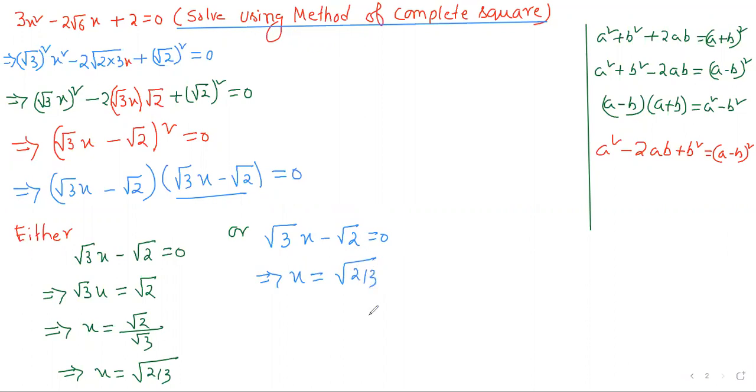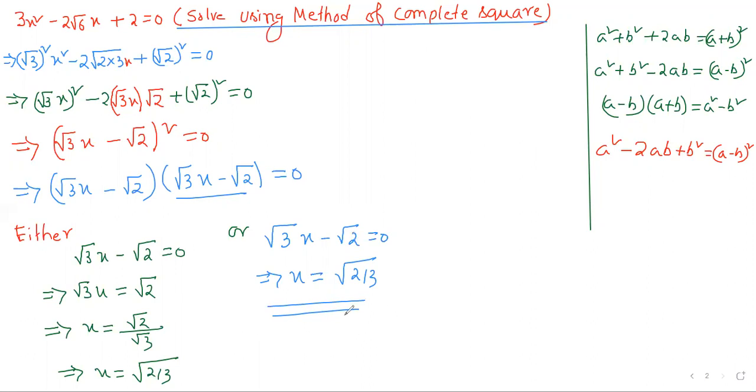So now you can see that the two roots are equal. Why are the two roots equal? I have explained earlier, because b square minus 4ac is equal to 0, and if b square minus 4ac is equal to 0, then the two roots will be real and equal. So that's why the two roots of this equation are equal. I hope it is clear, and I hope you don't have any doubt now.